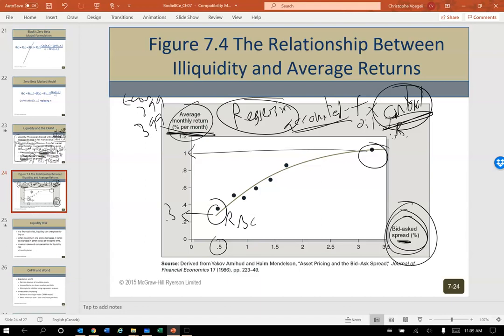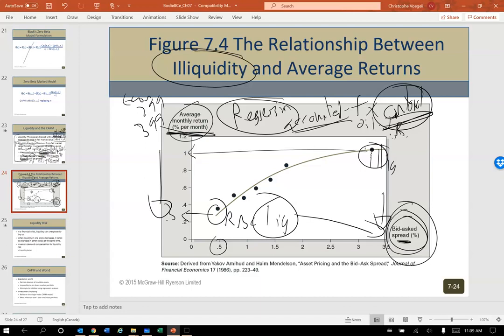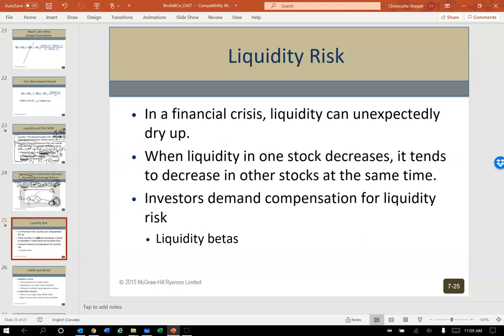The takeaway, though, is if it's more liquid, you get lower bid-ask spreads, and you'll get a lower rate of return, because you're not going to be compensated for illiquidity. But if you're illiquid, you then get compensated for that, and you get a premium. You're going to generate a premium because the bid-ask spread is so high, because every time you have to buy and sell, you pay a pretty nasty spread. So liquidity doesn't seem like a big deal until it is.